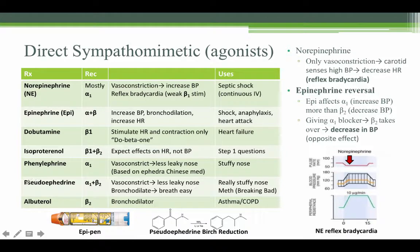With modern medicine, we've taken it one step further with pseudoephedrine, which not only has the vasoconstriction effects of phenylephrine with alpha-1, but it also has a bronchodilatory effect of beta-2. So not only do you get less leaky noses, but you also get increased airway breathing. Some patients may choose to use it to make meth. And some of you Breaking Bad fans may know that pseudoephedrine was used in the first season to make methamphetamine